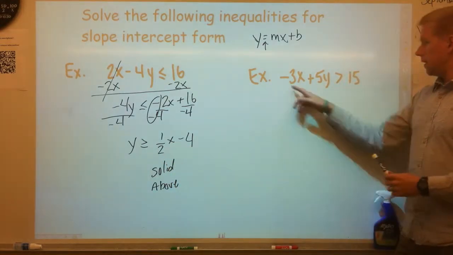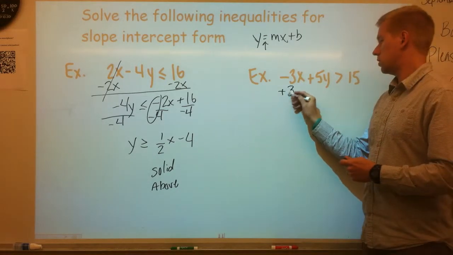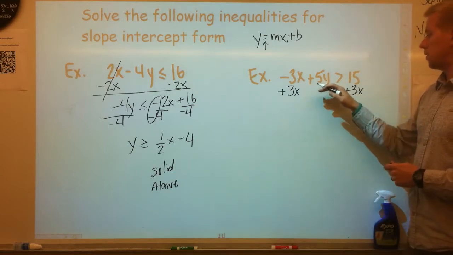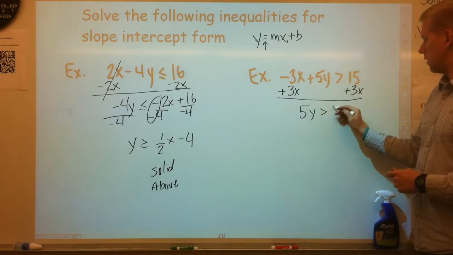This example over here, negative 3x plus 5y greater than 15. I would add 3x. We're just going to jump right into it. Add 3x both sides because we want to get rid of this addition to the 5y. That leaves me with 5y greater than 3x